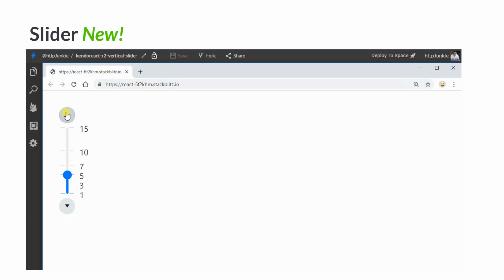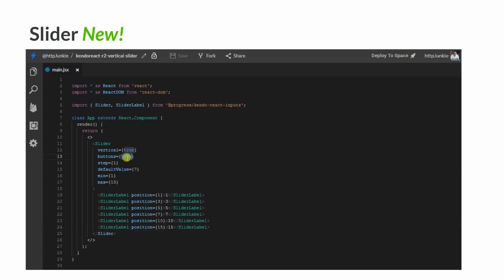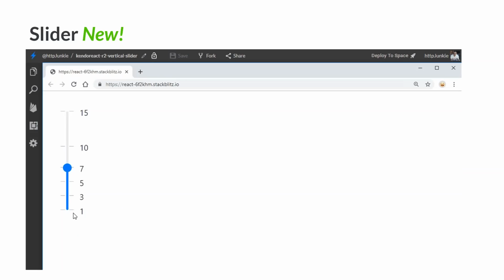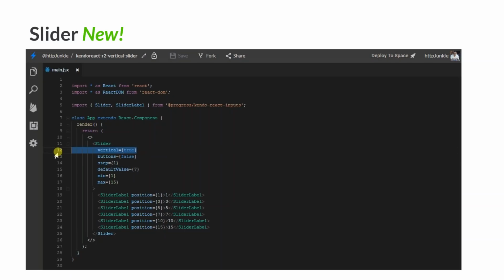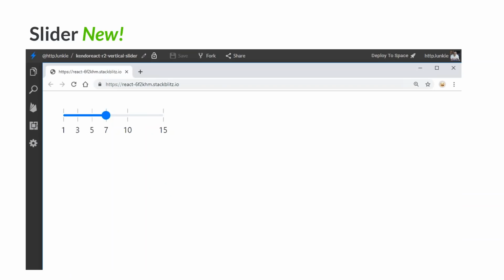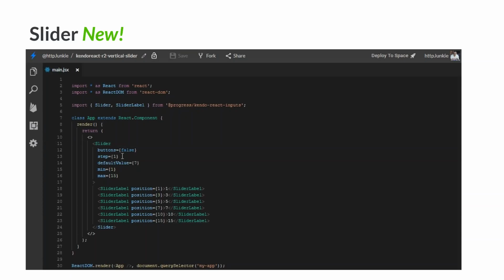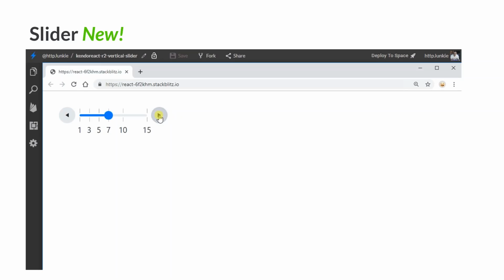The slider. Our slider is an interesting and helpful input component. If you have the need to input a number from a defined range, you can control the step. As you see in this demo, only some of the numbers are shown as labels, but we can make much more fine-grained selections by controlling the step at which you can step through those numbers. So even though we're only showing 1, 3, 5, 7, 10, you can select 1, 2, 3, 4, 5